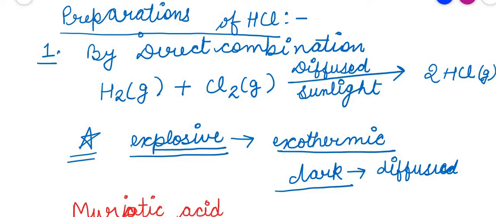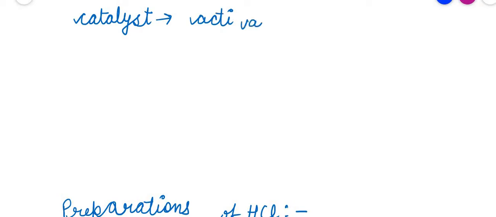However, in the presence of a catalyst, some extra catalyst, we can use it here, so that by the use of that catalyst we can also convert H2 into HCl. Which catalyst can you use in this? You can use activated carbon, or activated charcoal also, anything you can use, that is all your choice.